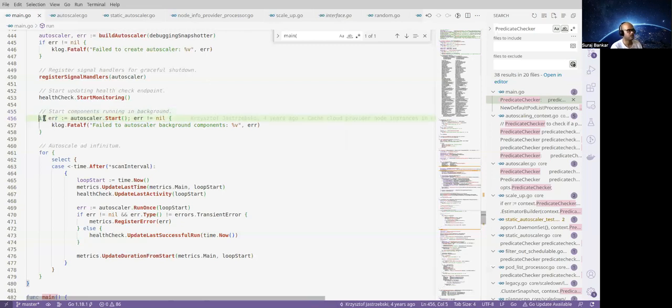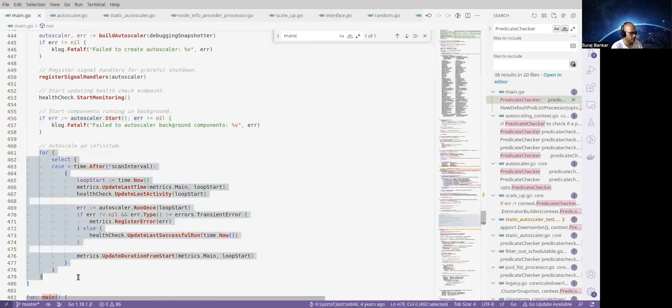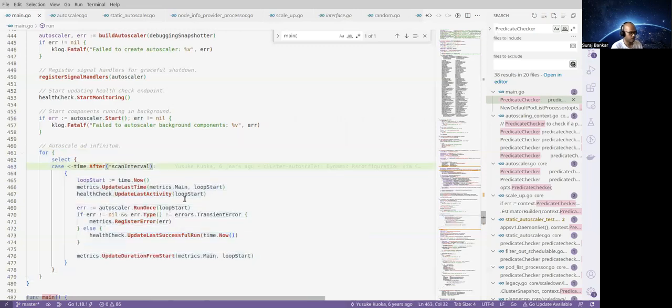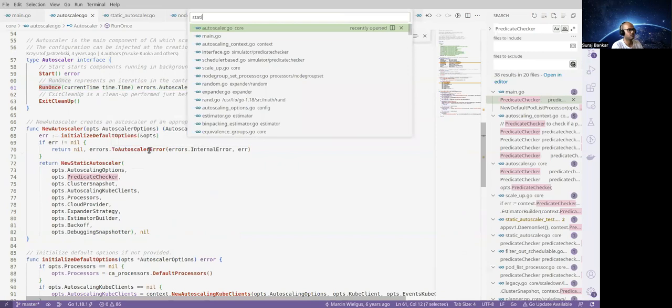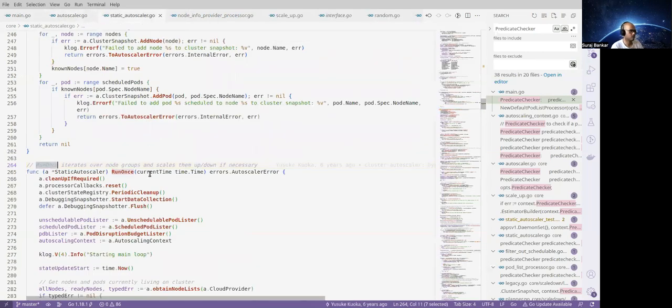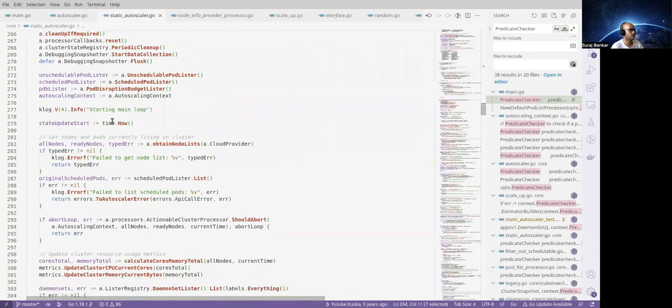So back to the code. This thing runs a loop in the background to update the cache of cloud provider nodes. This here is a function which runs forever, and run once is the function that it runs after a scan interval of 10 seconds. So run once is where scale up and scale down actually happen. This is like the meat of our autoscaler code. If we check run once,